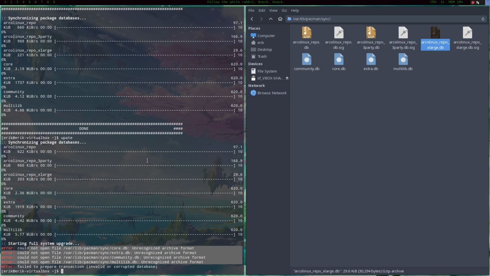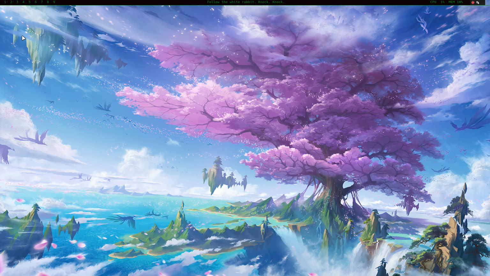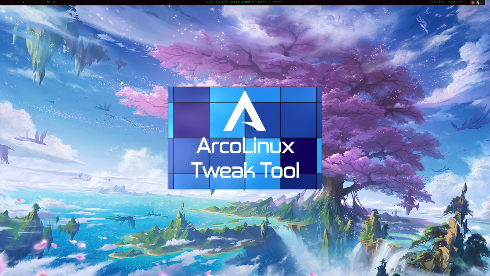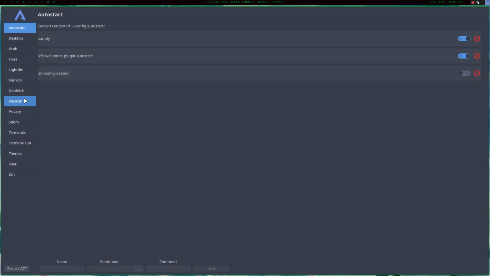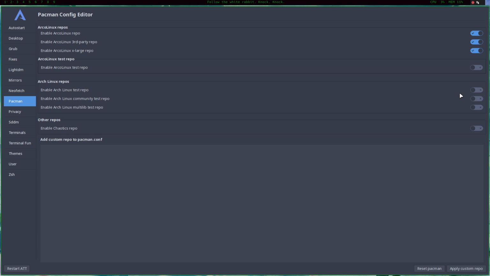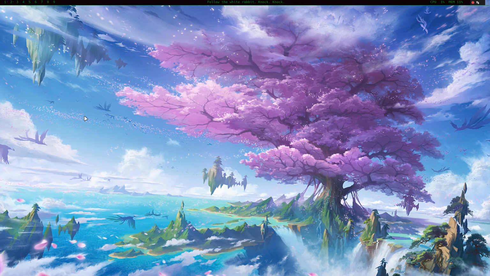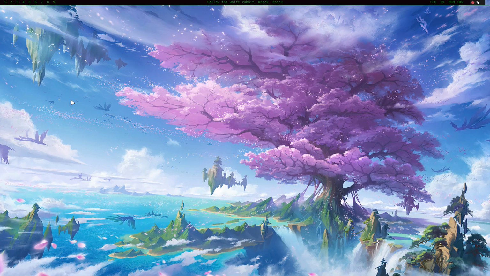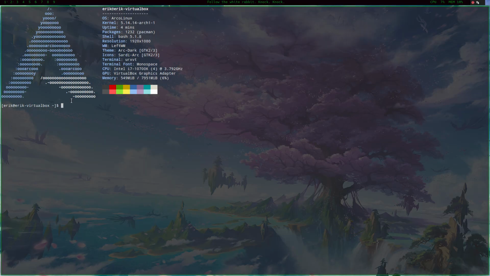Actually, if we would be smart, I've got a what if, guys, just for the fun, because I can't do this otherwise. You have to do this when this happens, and then you can say, let's go to the tweak tool. Why not? We built the tweak tool for a reason, right? And we say, let's, oh no, we can't, because we have the test repos, but the normal repos are not in here. So solving this is actually easier if I go to a Control T, Super T then, and then